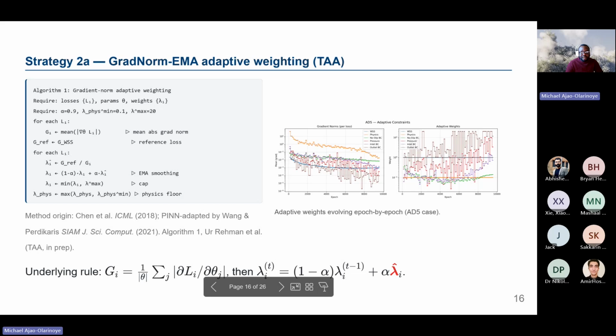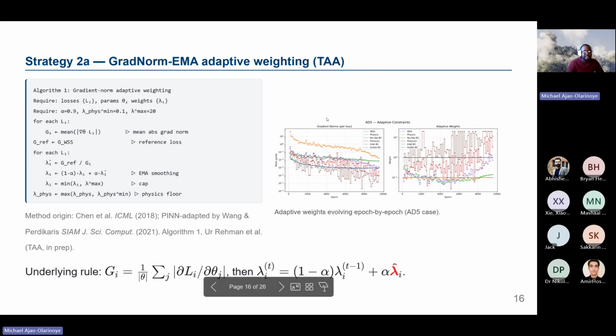You can also see how it does with the wall shear stress loss and also the inlet and outlet boundary conditions and also the pressure along the way. Same can be said for the adaptive weight also, because we tested them to see what they output. So the weight was changed after each epoch based on what the mean absolute gradient norm value is.